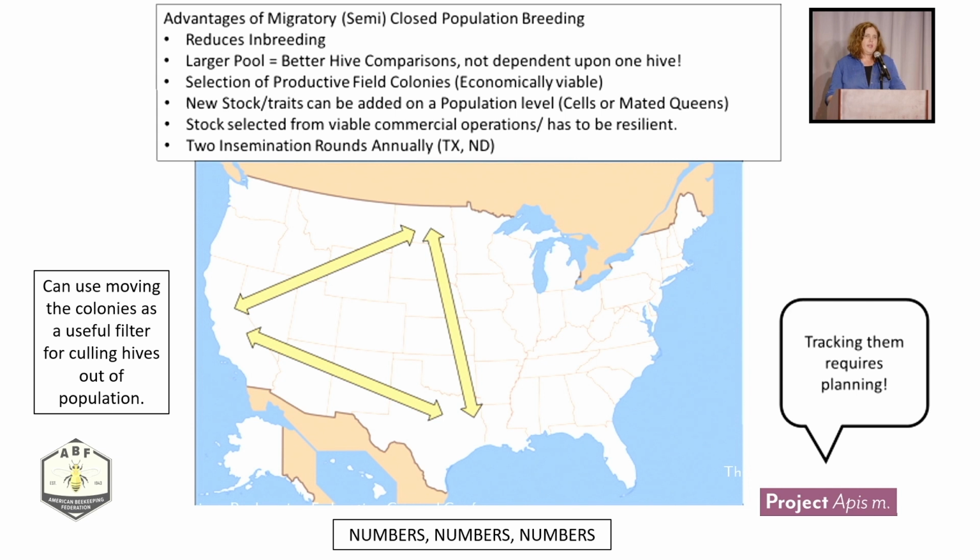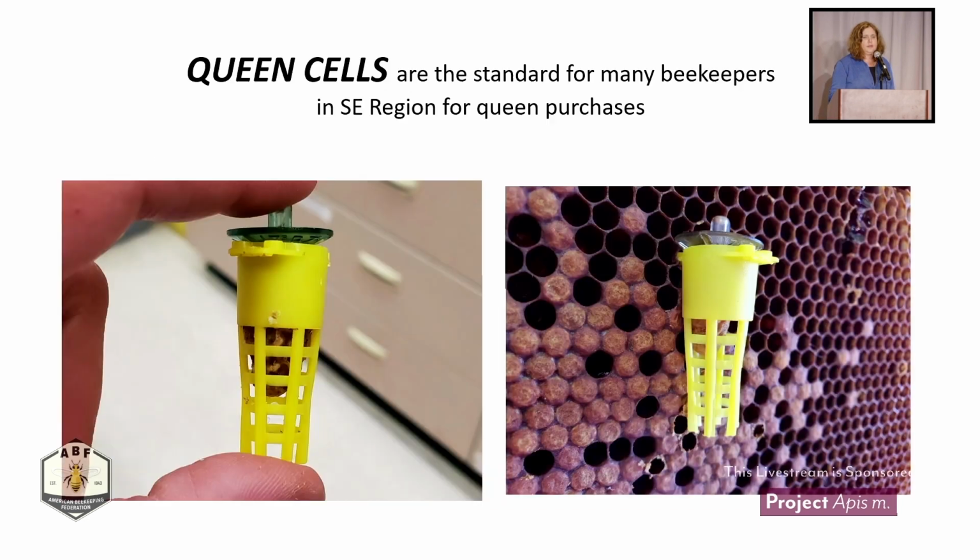For example, if you want to leave some colonies that no longer qualify as breeders, then you can pull your best ones out and move them to individual or unique locations. I'll get into how we do that. But first, I wanted to give a brief description of the Klett model and what we do